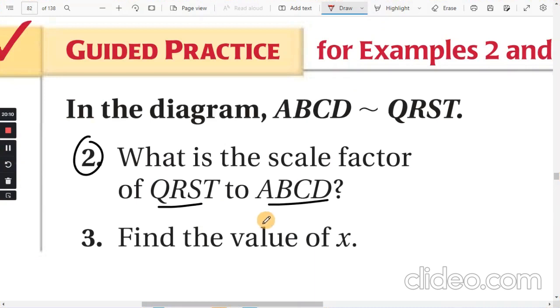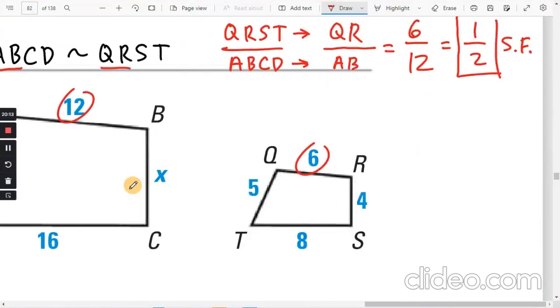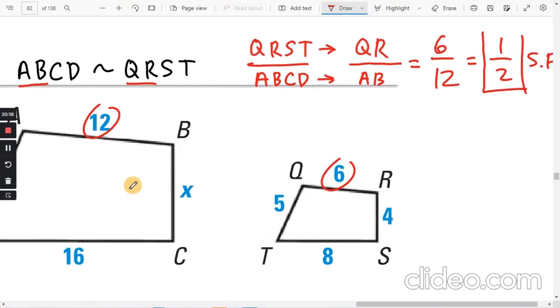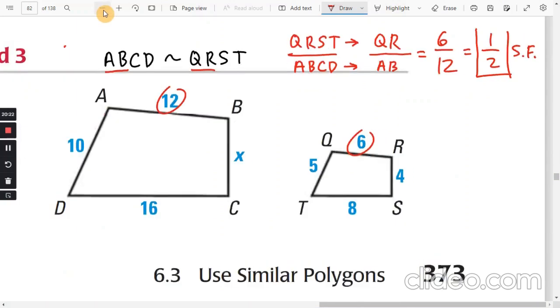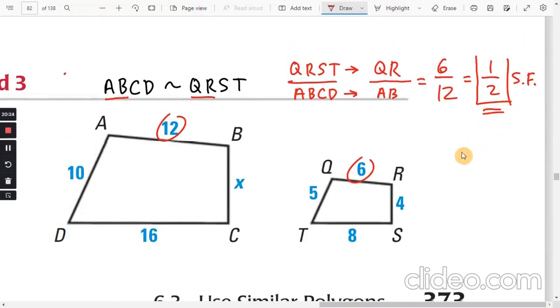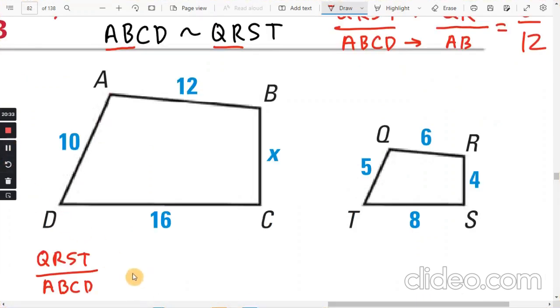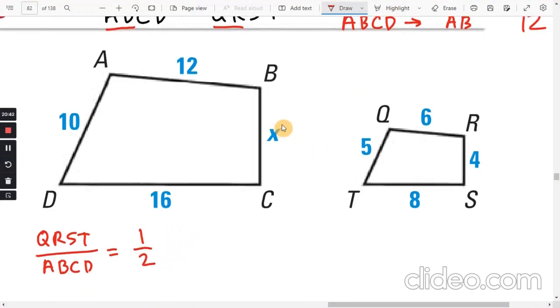Now, for number 3, they want us to find the value of x. So you don't have to do all 4 fractions because we already have the scale factor equals 1/2. So you just use the one with x and make another fraction, set it equal to 1/2, please. All right, so we said QRST over ABCD, that's going to be 1/2. And we just need to use the side length with x. So we're going to take x, okay, and x is in this one, ABCD. So ABCD is in the denominator,